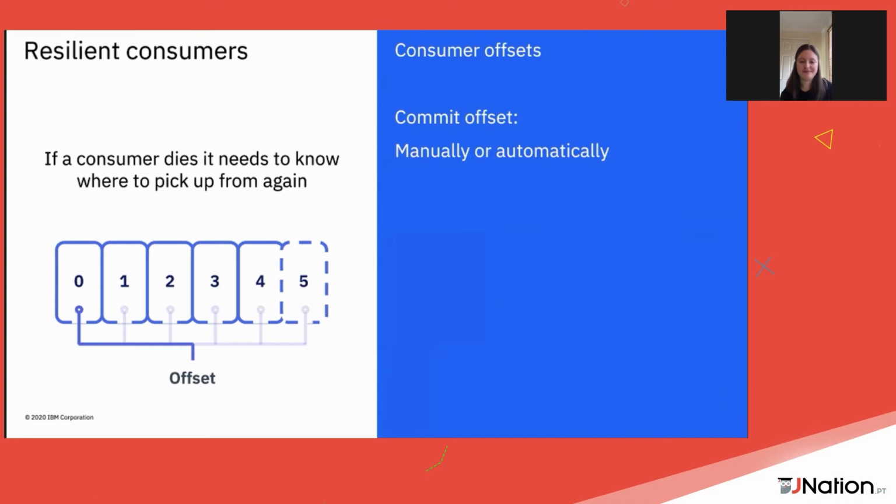So we've talked about resilient producers. What about the consumer side? As Kate mentioned, there are some configuration options you need to be thinking about when you're designing your systems to be reactive. On the consumer side, it's something called the offset, or the commit offset. An offset is essentially the number of records along a topic that the consumer has reached. It's used so that if a consumer goes down, they know where to pick up from again without duplicating